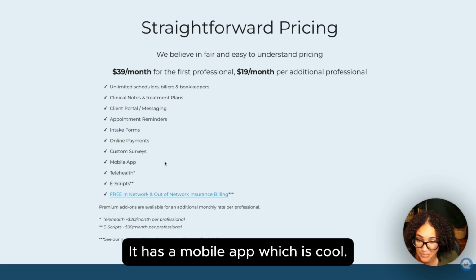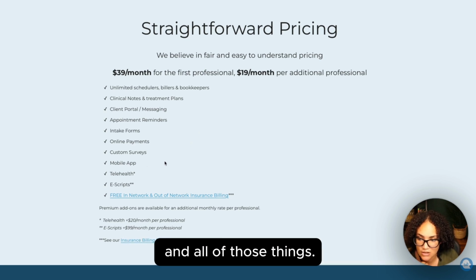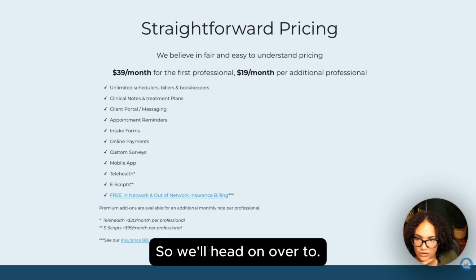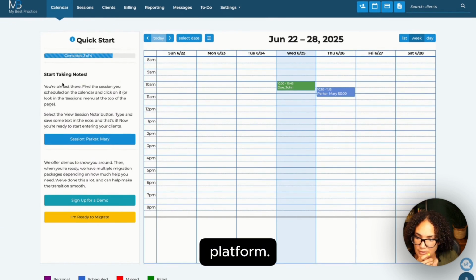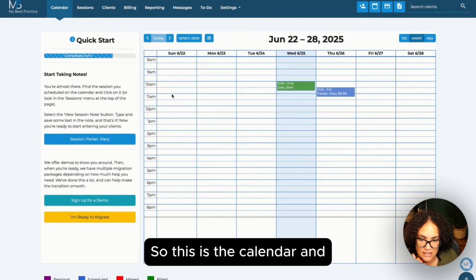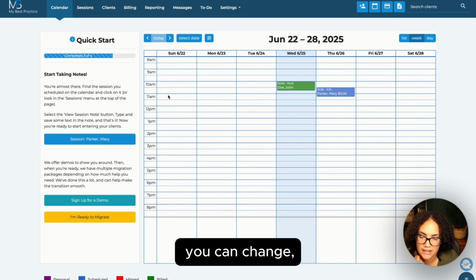It has a mobile app, which is cool, and all of those things. So we'll head on over into the actual platform. So this is the calendar,